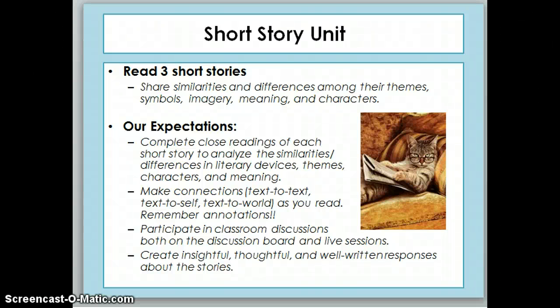Alright guys, so after we've wrapped up our research paper from last week, we are going to move into something a little bit more fun and creative. We're going to be moving into our short story unit, which will be a 3-week unit. You guys are going to read 3 different stories, and all the stories have similarities. So that's going to be our big focus: what makes these stories different and what makes them the same. And we're going to focus those talks around the themes, the meaning, and the literary devices that we can find